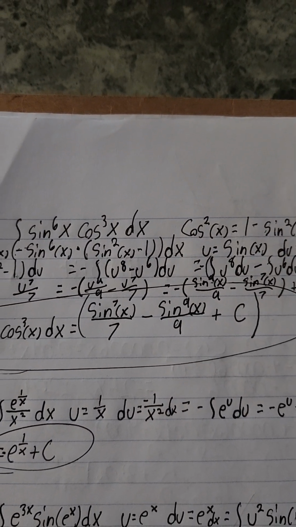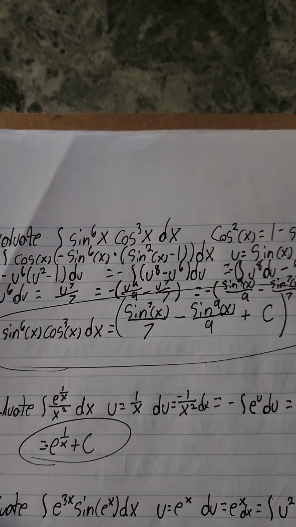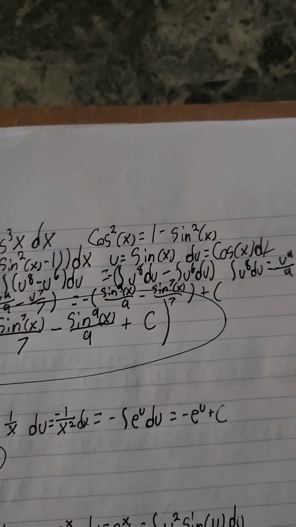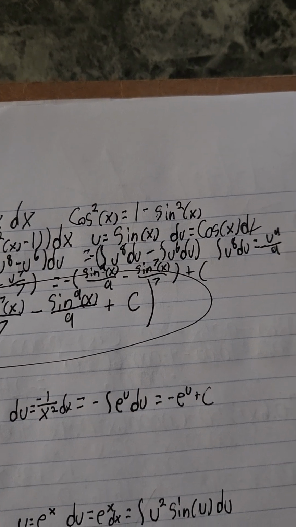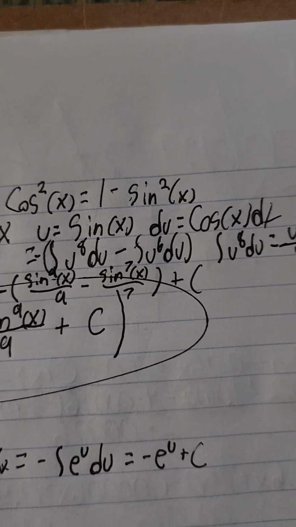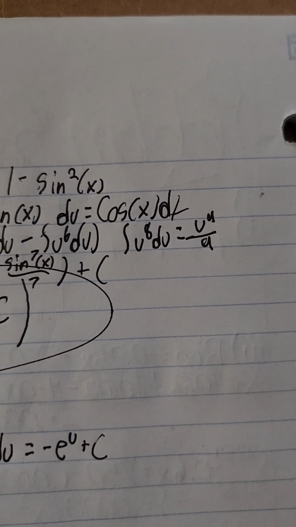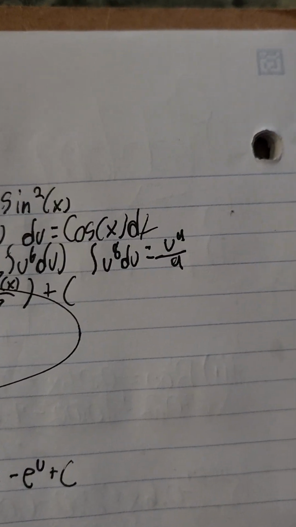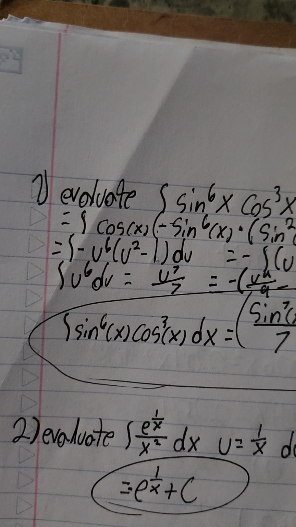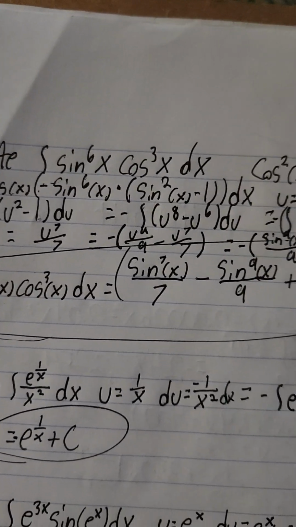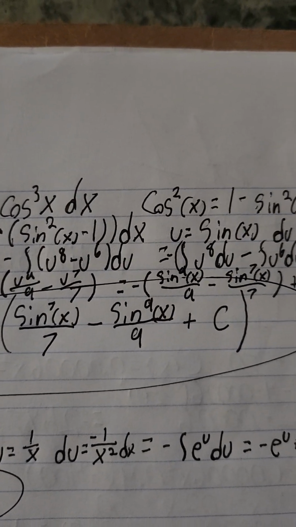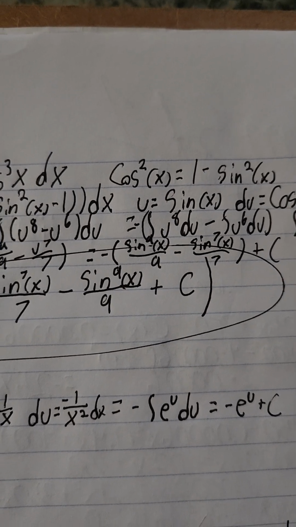Then you continue to simplify. I tried to write out every step so I wouldn't have to explain that much. Here you can see that if you take the problem apart and solve for the u to the 8th, it becomes u to the 9th over 9. Over here, you solve for u to the 6th equals u to the 7th over 7. Replace your u's back in, and then your final answer is